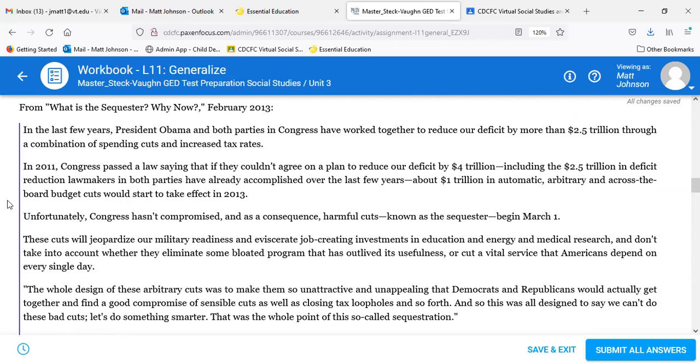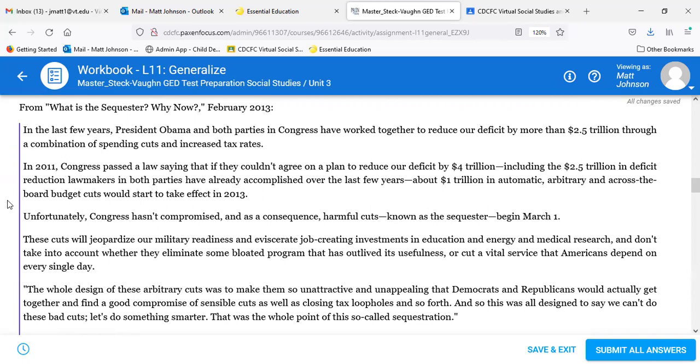In the last few years, President Obama and both parties in Congress have worked together to reduce our deficit by more than $2.5 trillion through a combination of spending cuts and increased tax rates. In 2011, Congress passed a law saying that if they couldn't agree on a plan to reduce our deficit by $4 trillion, including the